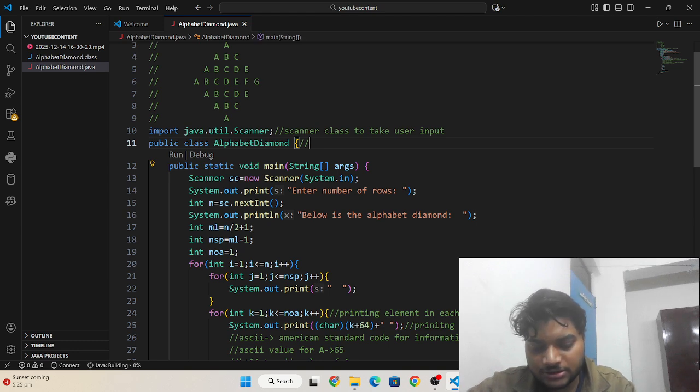This is the file name where our code is going to be saved. This is the main method